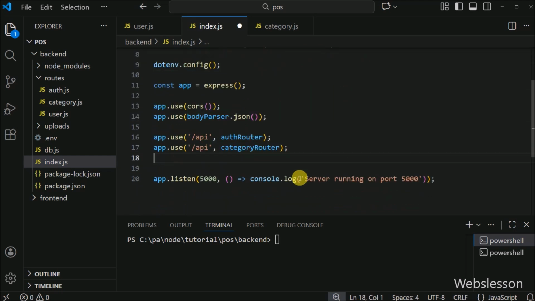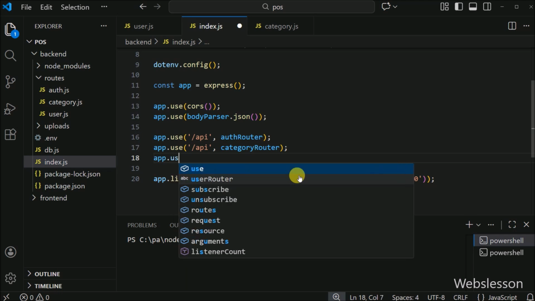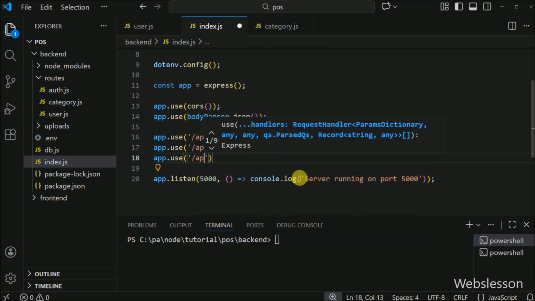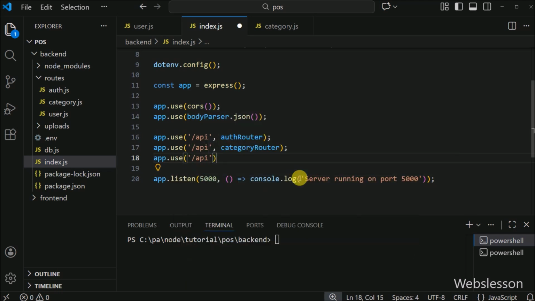After this, we have to write app.use method with /API base path and user router variable as middleware. Here, we have mounted the user router under the /API prefix, which makes all user endpoints accessible at paths like /API/users when requests hit the server. So here, our code is ready to load user data in jQuery data tables under this React point of sale